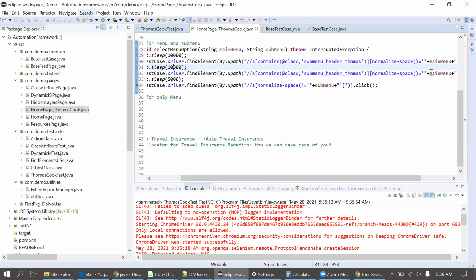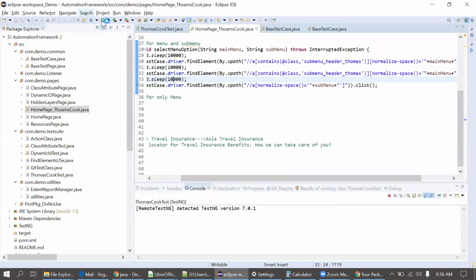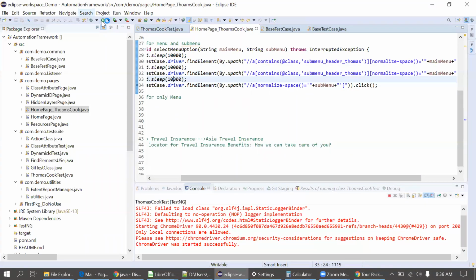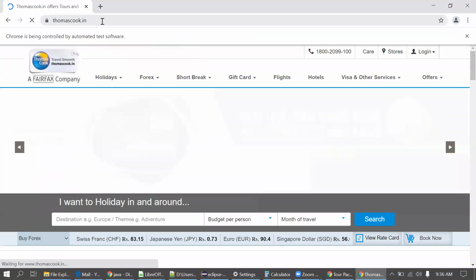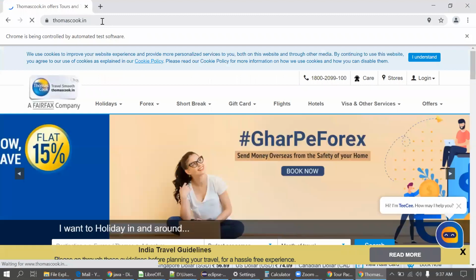So 10, then it will click on the main menu and wait for 5 seconds. I'll make it 10 here as well. Just execute. You should not write code in this way, okay? I'm just writing it the first time for testing purposes. Later, if it's working, you can replace it with the explicit wait.